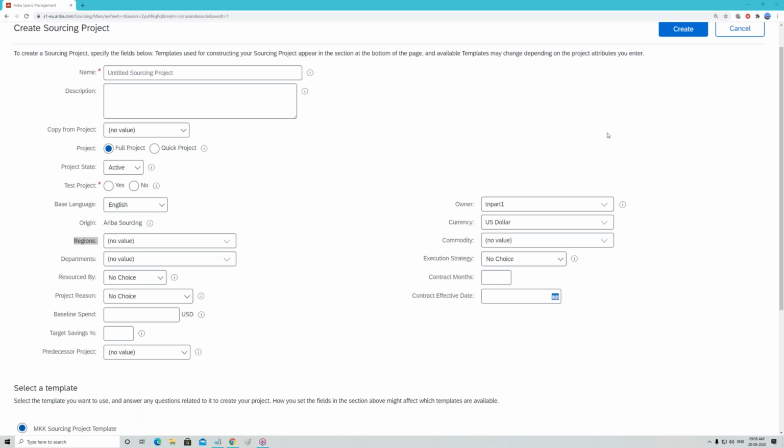Custom fields are basically called flex fields in Ariba. So if you want to create flex fields in Ariba, you always have to log an ER. But remember, in the normal sourcing project, once it has been created, those standard fields can be controlled with the help of a template. But any custom field, depending on the client's requirement, that means the flex field, has to be created with the help of an enhancement request.